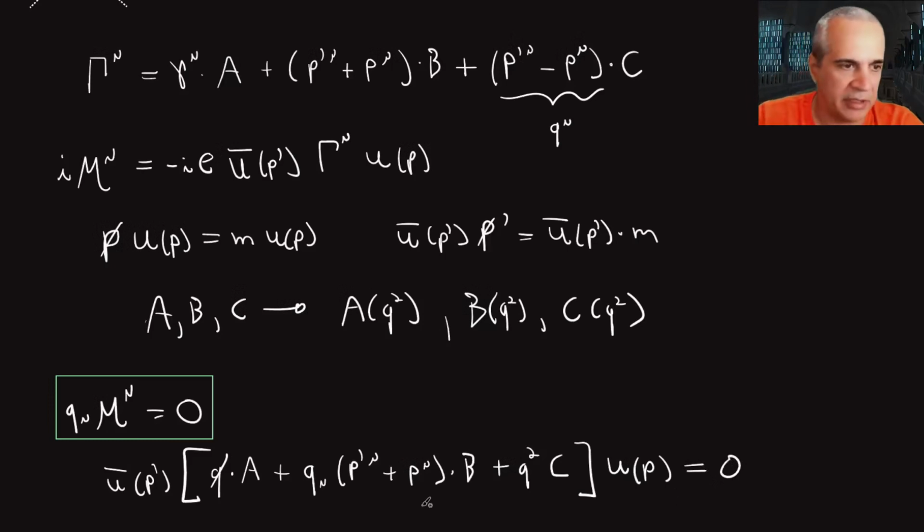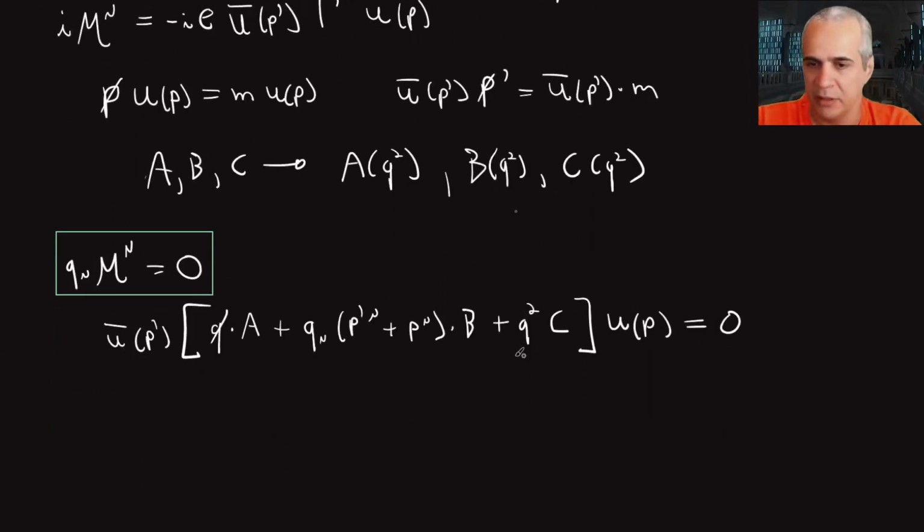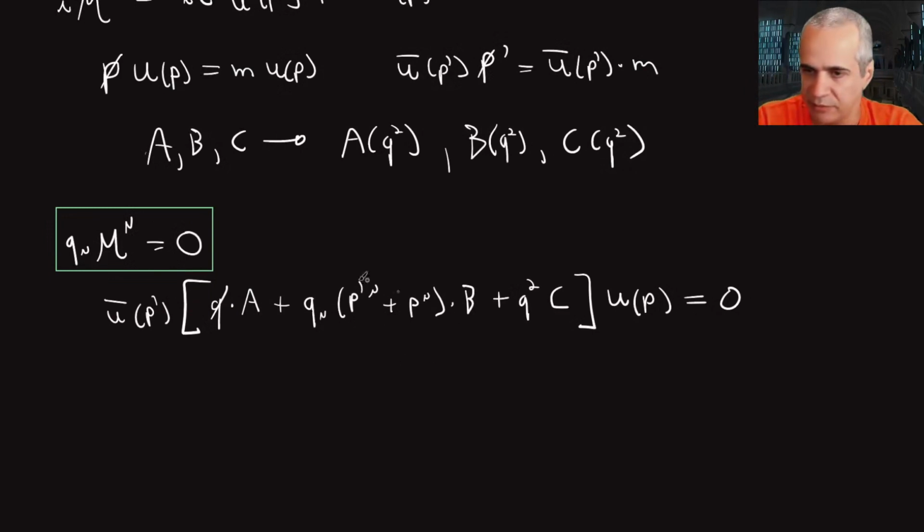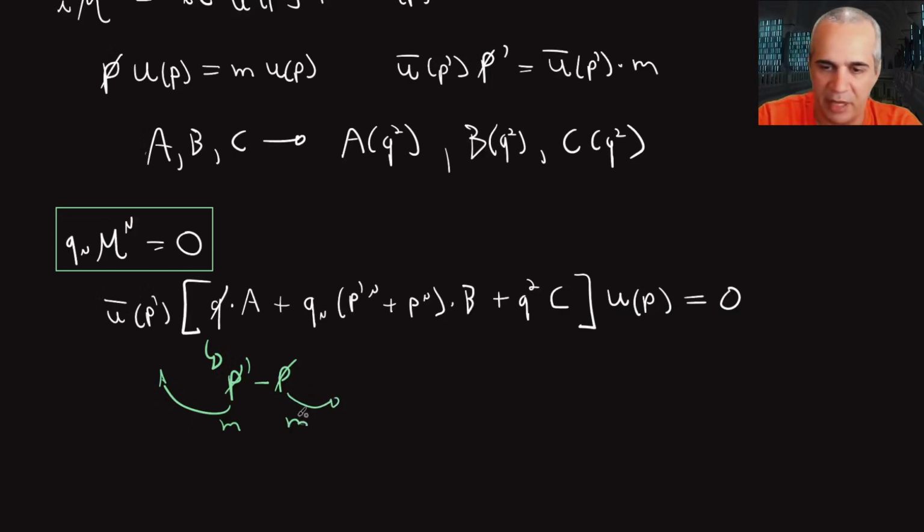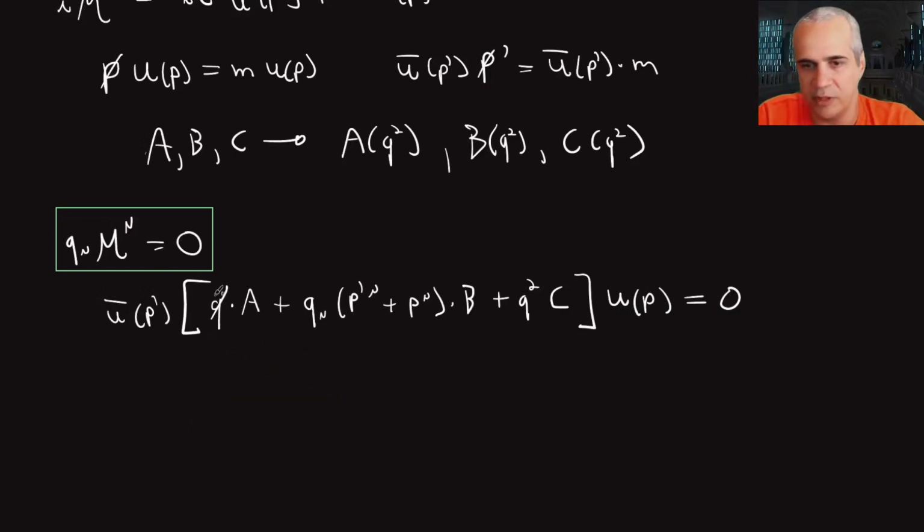Now let's think about this expression just a little bit, right? This part right here is pretty trivial. This one is easier, because I can just exchange this q slash by p prime slash minus p slash. And when I act with this p prime slash to the left, this will become the mass, this guy acting to the right will become the mass, and mass minus mass here is 0. So this whole term is 0,